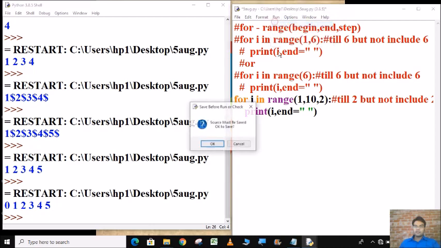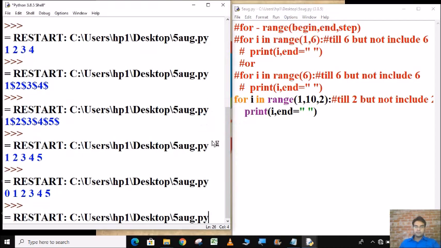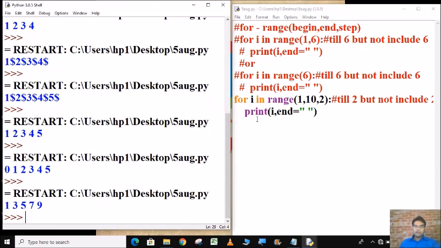See, now our numbers are 1 3 5 7 9. The difference is 2 because here we have given 2, and the range is till 10. Till 10, it will not include 10, so 10 is not included.